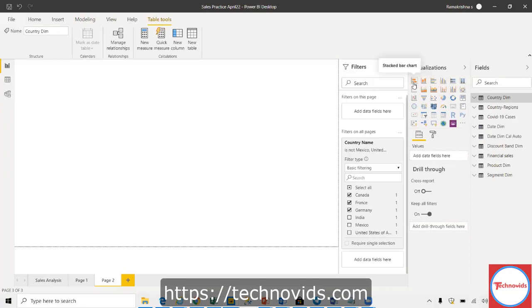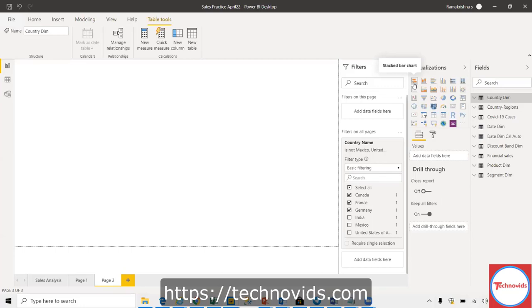Power BI, like Excel, does not have the recommended chart recommendation in the visualization part. It is there in the Power BI service. There is something called Quick Insights. You don't have to build anything, you can just make use of that itself. They call it Quick Insights in Power BI.